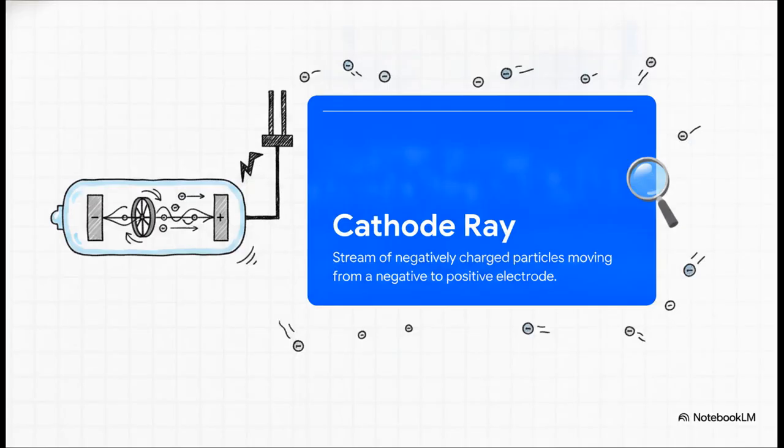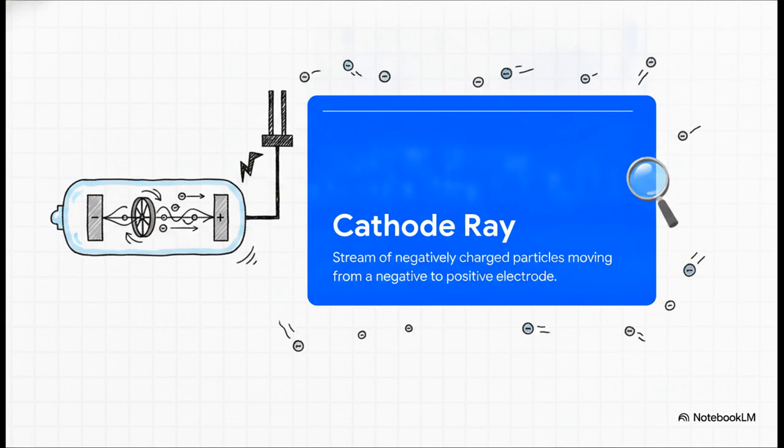All right, so let's fast forward a bit to the late 19th century, where this thousands of years old idea of an indivisible atom gets totally shattered. J.J. Thomson was running an experiment with something called a cathode ray tube. To picture this, just imagine a sealed glass tube with almost all the air completely pumped out, so atmospheric gases wouldn't get in the way. When he cranked up a massive electrical voltage to the electrodes inside, he saw this glowing beam shooting from the negative end all the way to the positive end.